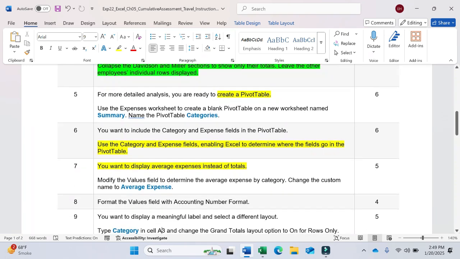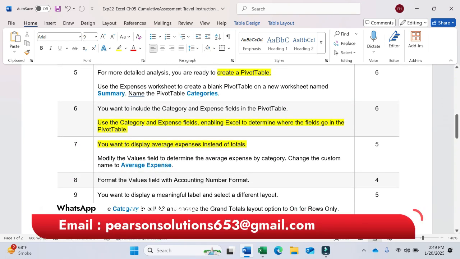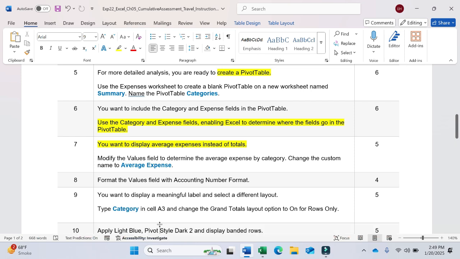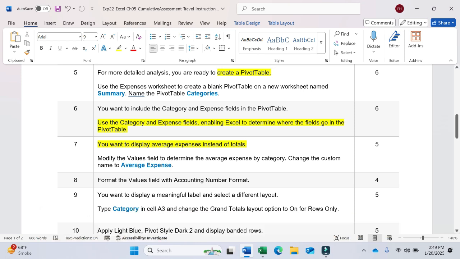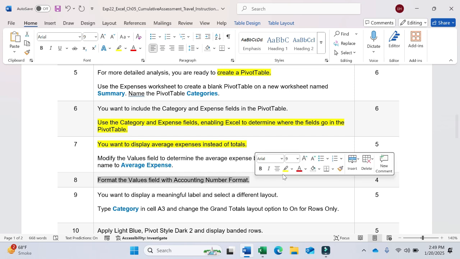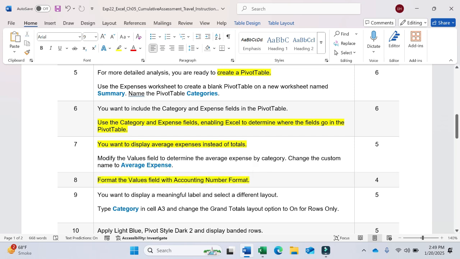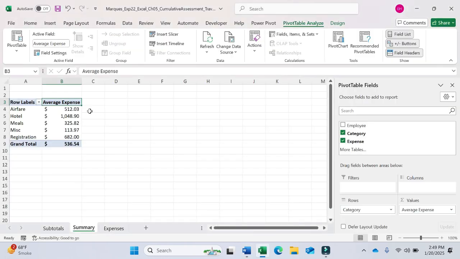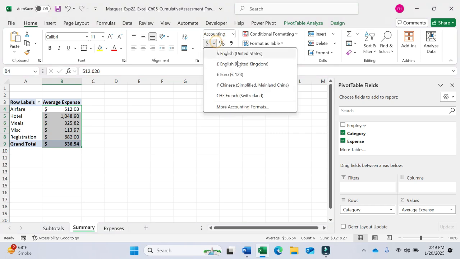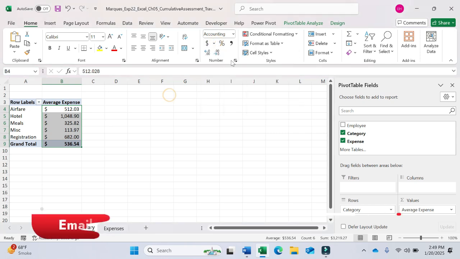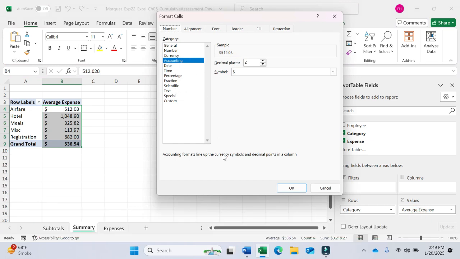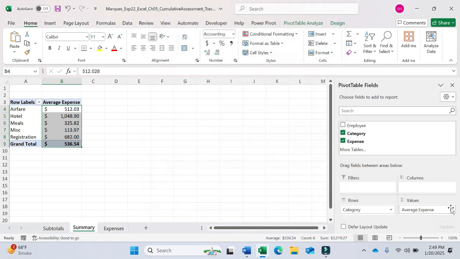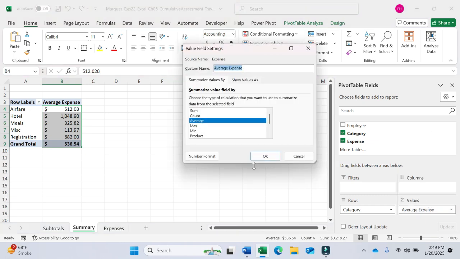Next step is we have to format the value field with the accounting number format. So I will show you two ways to do this step. First way is just click here, select this range, click the home tab, and then click here and display it in the number format, whatever required. But the most formal way is just click the down arrow here, value field setting and